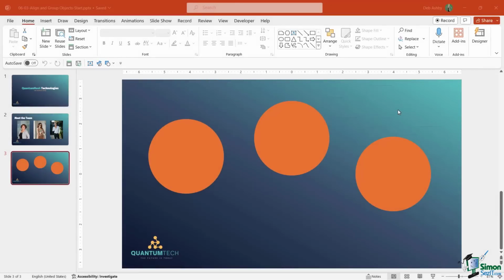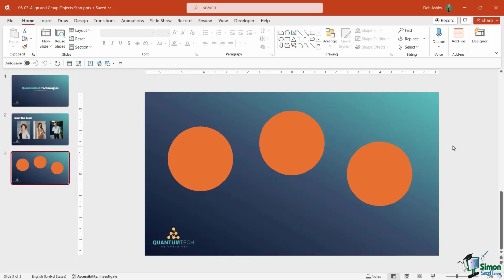We finished up the last lesson by drawing 3 circles on our slide. I'm just going to zoom out so we can see those a little bit clearer. Now in this lesson we're going to turn our attention to talking about aligning and grouping objects on our slide. Because having objects on a slide that aren't quite lined up can really destroy the professionalism of your presentation. So it's good to know all of the tools you have at your disposal to get everything nicely lined up